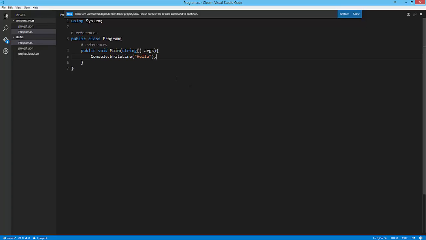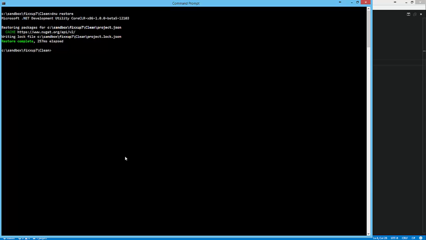When I do that, I first of all need a read key, read line. Then I can go back to my command prompt and say dnx current directory dot and run. When I run that, it will run hello. This might not be significant, but it is awesome source.